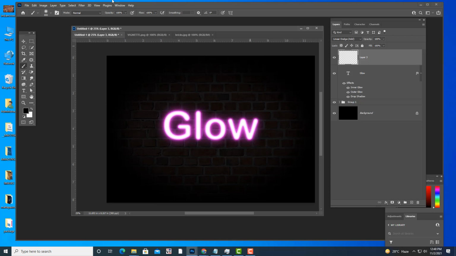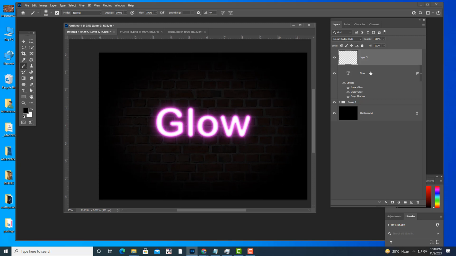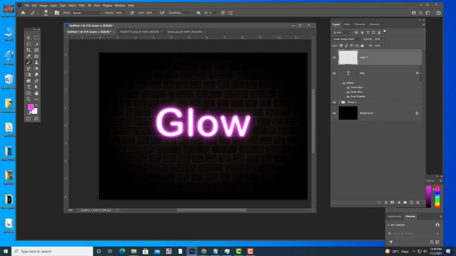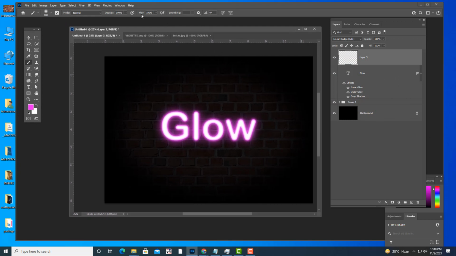We have already copied that pink color, right? So I will paste that pink color in the foreground color. Just click here and right click, paste. So the same pink color we have applied. Now here we have something called flow.